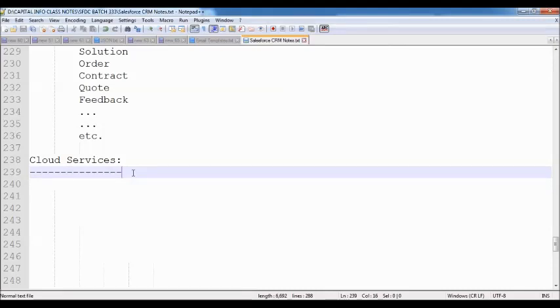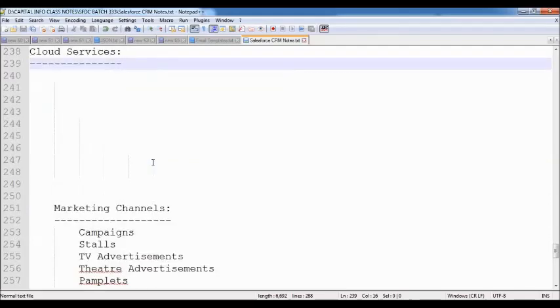So now let's see the various cloud services offered by Salesforce. We already know that Salesforce is providing all the services on a rental basis. Each and every feature they are exposing to you is purely on a rental basis, which can be accessed over the internet by paying the rental amount. Just with the help of a browser and internet access, we can access those, so they are called cloud services.